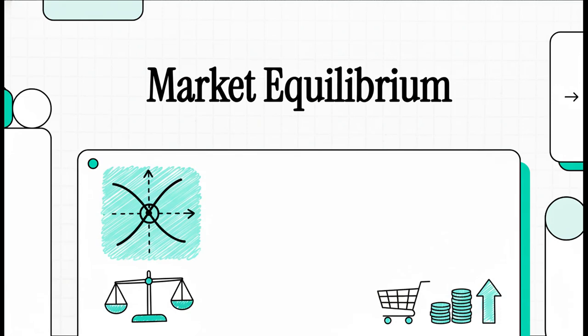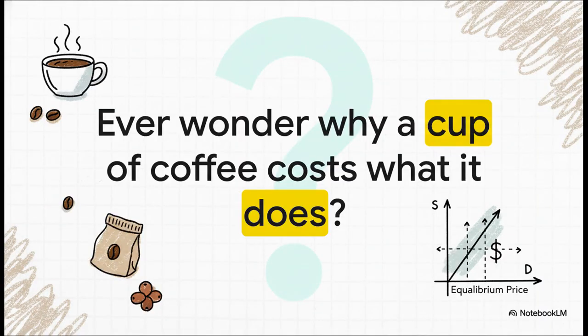Welcome to The Explainer. Today, we're going to dig into a core economic idea that honestly affects pretty much every single purchase you make: market equilibrium. It really all kicks off with a simple question you've probably asked yourself a million times. Why does stuff cost what it costs? Why is a cup of coffee $3 and not 1 or 10? It might seem totally random, but there's this incredibly powerful logic underneath it all, and we're going to break it